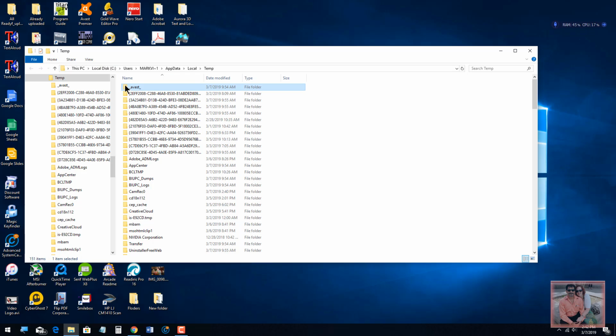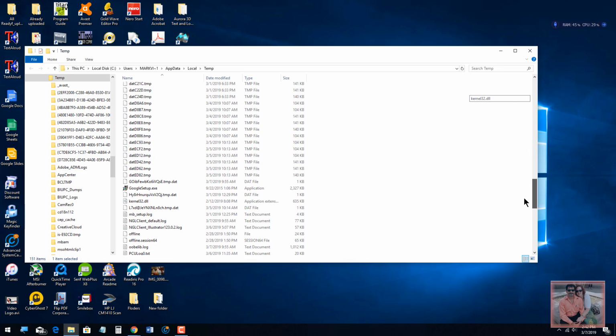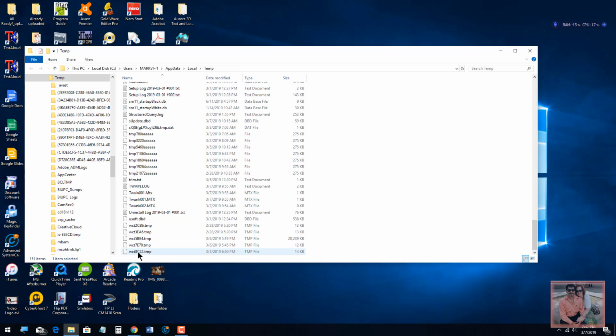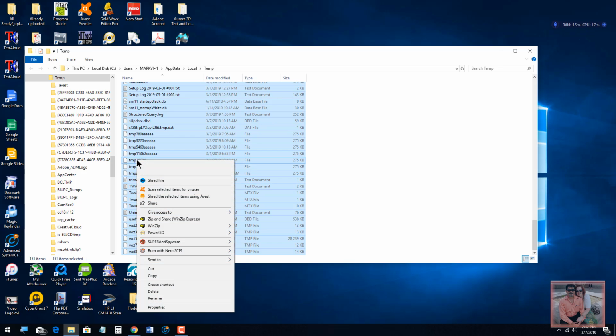One of which we can use shortcut keys, of course, or we can just click on the very top folder, scroll down to the very bottom, hold down the shift key, and select it all. Then right click with the mouse anywhere in the area, navigate down to where it says delete,